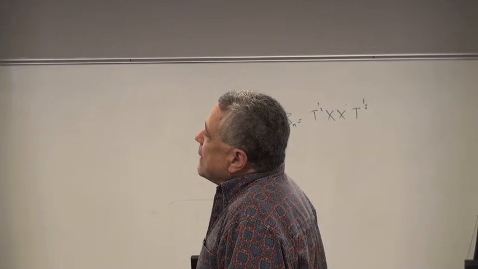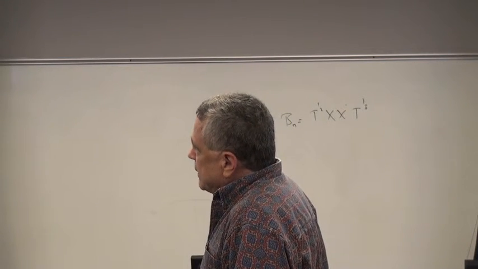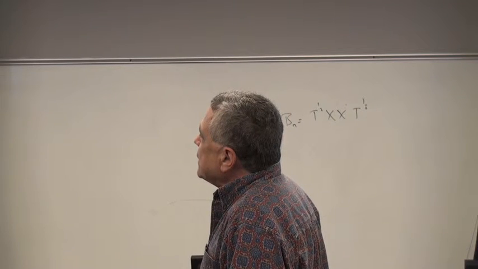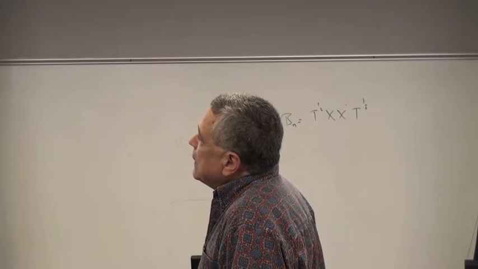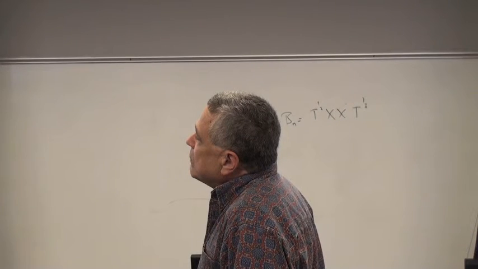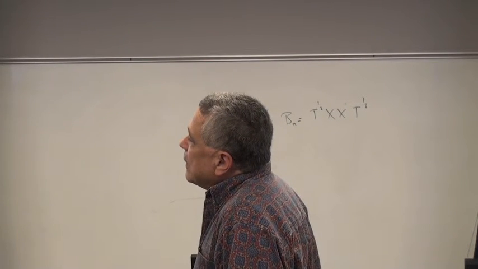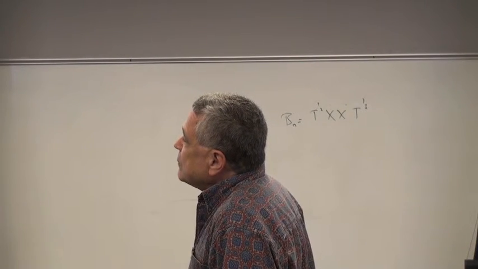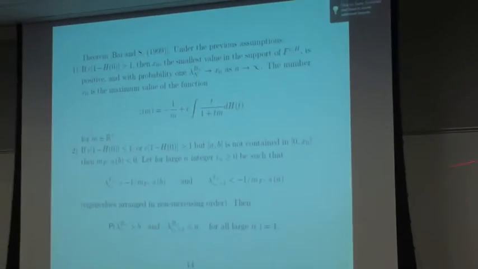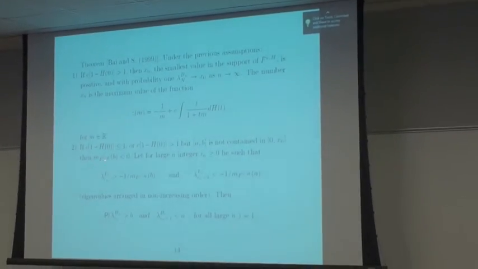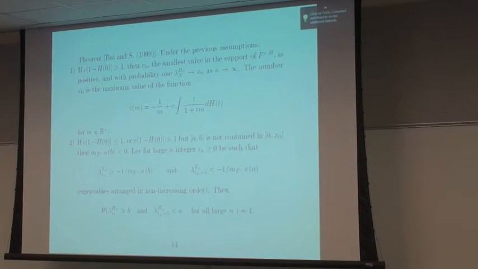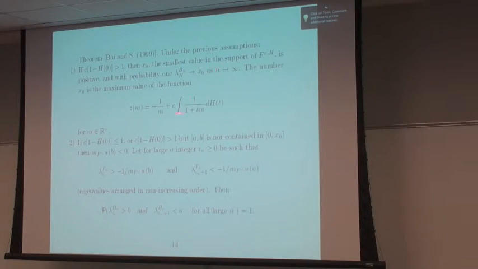Well, in the case where that's less than or equal to 1, or we're in this case, but [a,b] is not contained in that interval [0, x0], then the value of the Stieltjes transform, this is like m underlined, because it's the Stieltjes transform involved with the limiting distribution of F underlined. This is the solution of the equation, the Stieltjes transform of the distribution you get from the X* T X, 1 matrix.